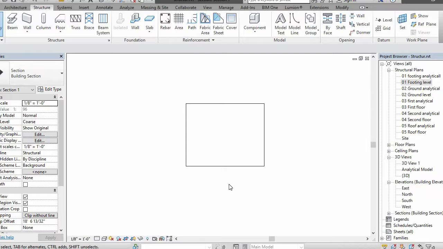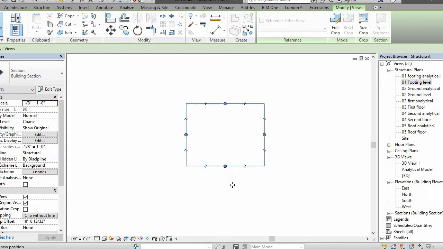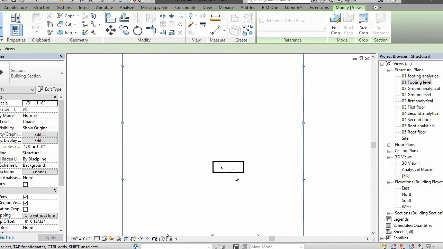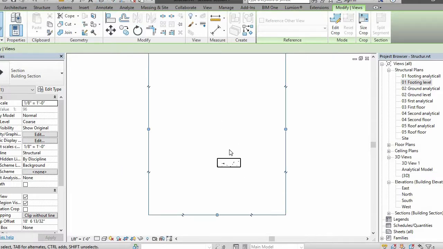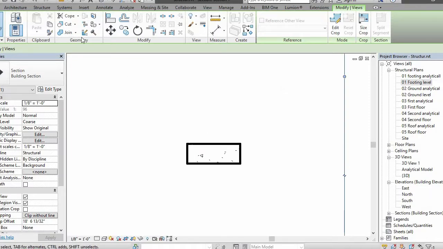So the problem is you are unable to see the foundation. For that you'll just need to click on it and take this thing around, and here you have the foundation. This is just a glitch in your section, that didn't take your foundation while cutting the section. Your foundation is visible, so you need to go to structure,